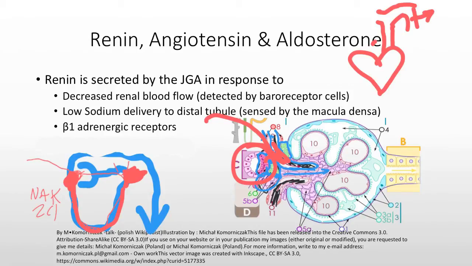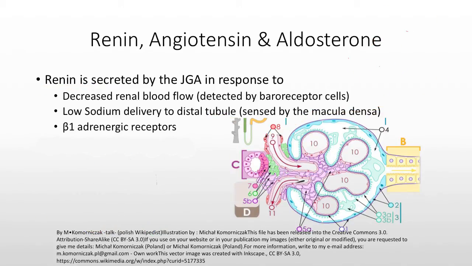So epinephrine, norepinephrine, those are going to go back and activate the beta-1 receptors in the juxtaglomerular apparatus. All three of those things are going to cause the secretion of renin. So that's what this is all about. We have a